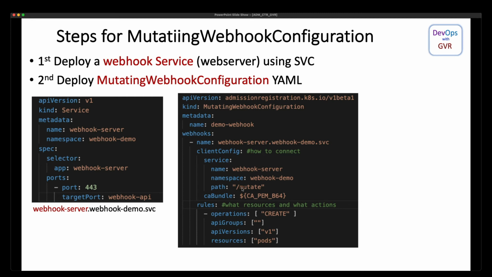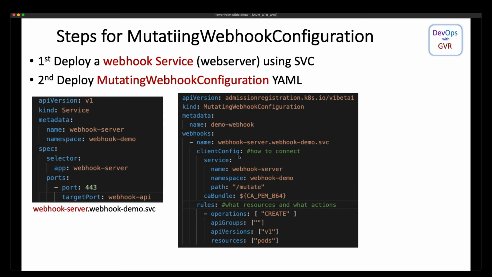Whenever they try this pod creation operation on V1, it will invoke the web server. What is the web server? This one. It will invoke it, execute, and accordingly make the modification. So that's the client configuration.